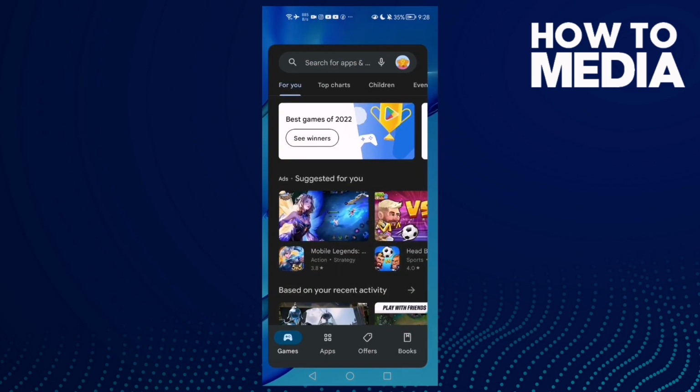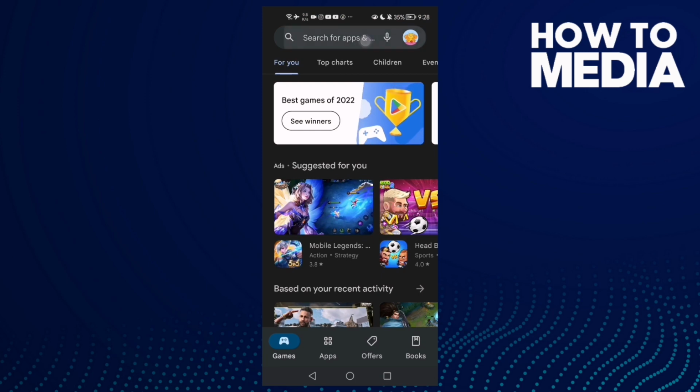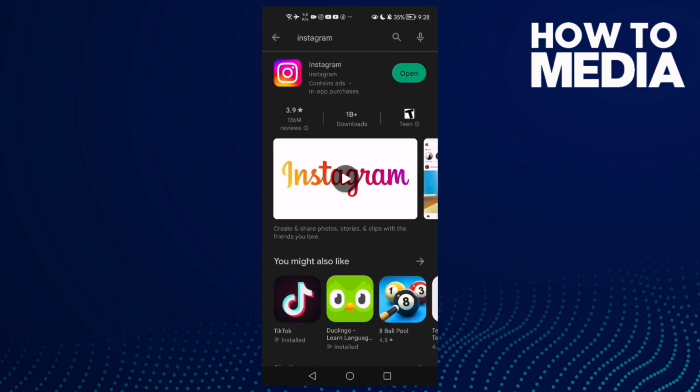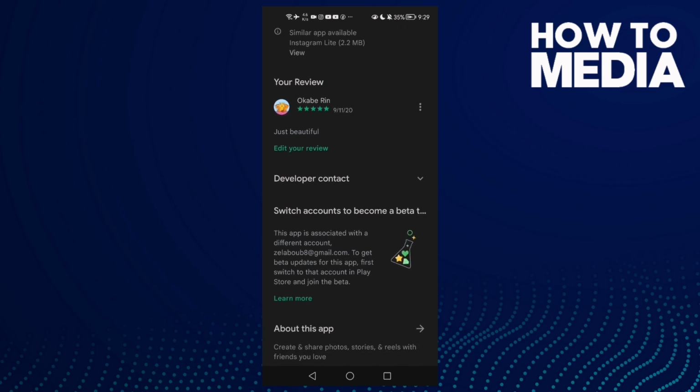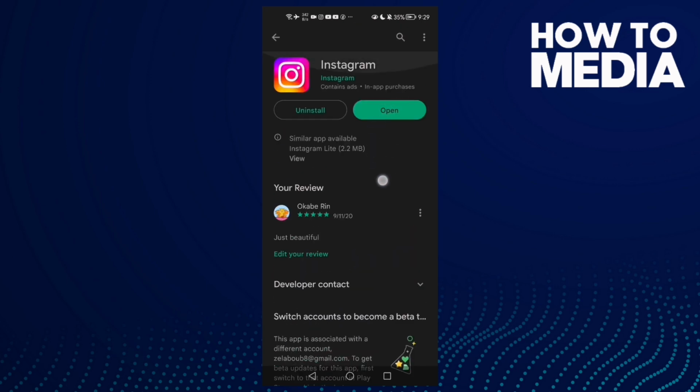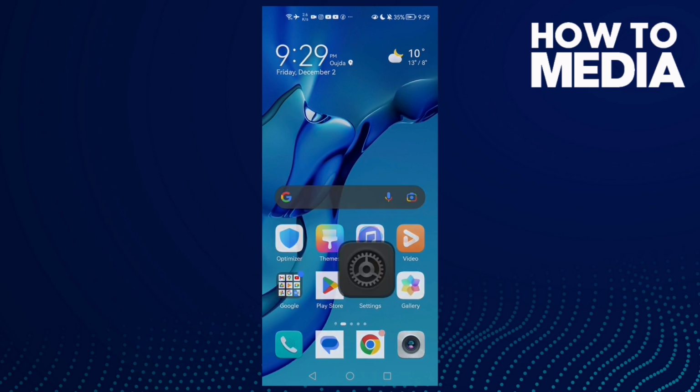First go to Play Store or App Store and here type Instagram, and that's it. Now just make sure your Instagram is updated. Just see if there's any update here, and after that just go back and go to settings,